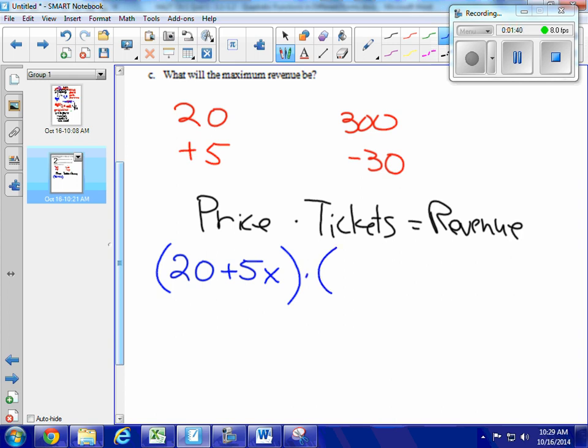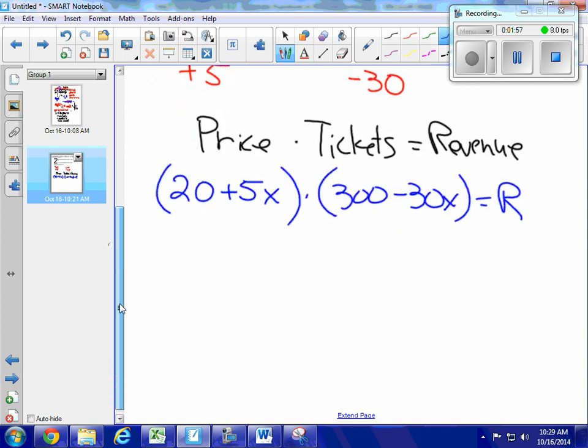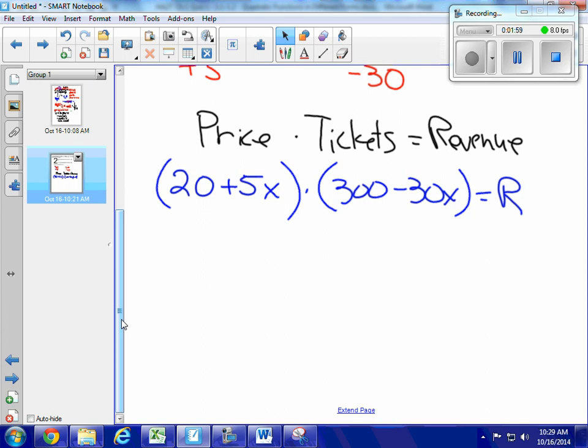And every time I raise my price by $5, the 300 students that I start out with reduces by 30. There's that x again. That's the number of times I raise my price. That's going to give me my revenue, and I see that this is going to be a quadratic equation. So the equation is going to be, my first is 6,000, 20 times 300, plus my outer, well, it's a negative number. My outer is a minus, so it will be minus 600x